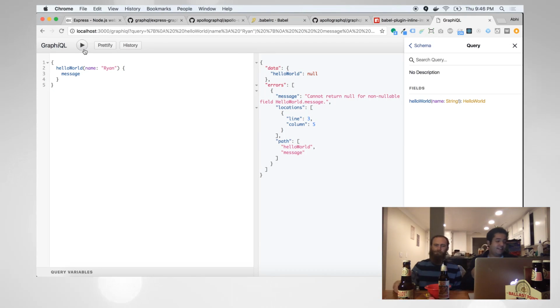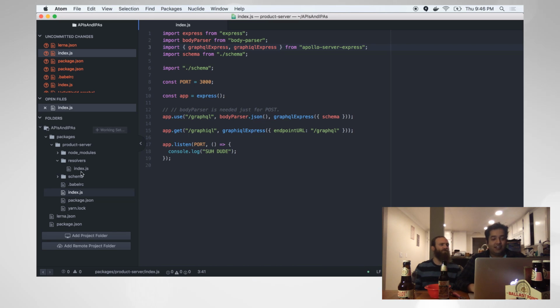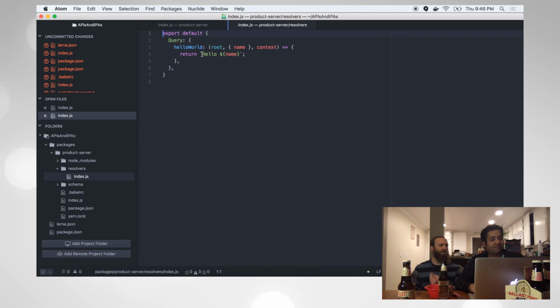All right, let's get another beer. Where's the opener? Thank you. Well, how'd you know? Did you already know, or did you just know that I was going to mess it up? I already knew. The hello world type has a message on it. However, the hello world resolver is just returning a string. It's not returning an object with a message property. Wow. That's why I have a co-pilot. I bet all the people at home are like, this guy's an idiot. How did you not have a message property? See, I messed it up